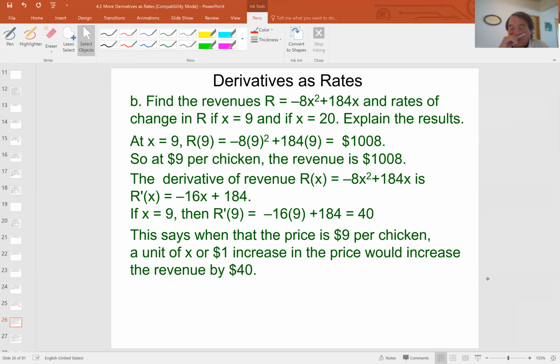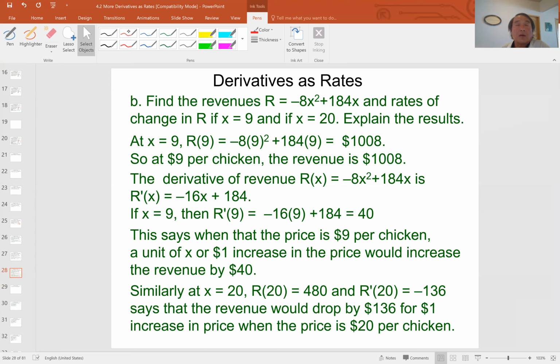So this is also called the marginal revenues in economics. A $1 change in the price roughly gives you a linear approximation of a $40 increase in the revenue. So if I want to make the revenue go up, I would increase the price. But on the other hand, if I do this when I'm selling the chicken at $20,